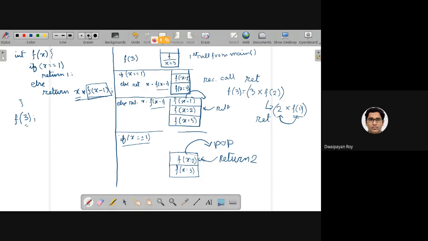So after this, another pop will be happening, and we can note that already we have returned 2 from the last call, right? So for the last pop operation, 3 will be returned back along with the last returned value, which is 2.